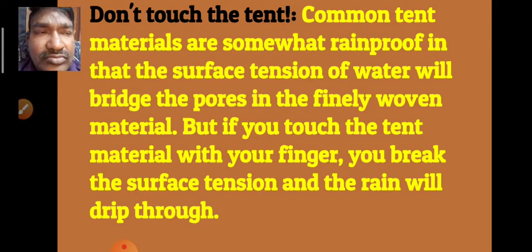Now, generally we sometimes use tents, and when the rain falls on the tent, what happens? Water droplets will be trapped in the small holes present in those tents. Due to the surface tension only, the molecules get the spherical shape and are trapped in those holes. But when we touch them, they lose their surface tension and lose their spherical shape, and it will drop on the earth.